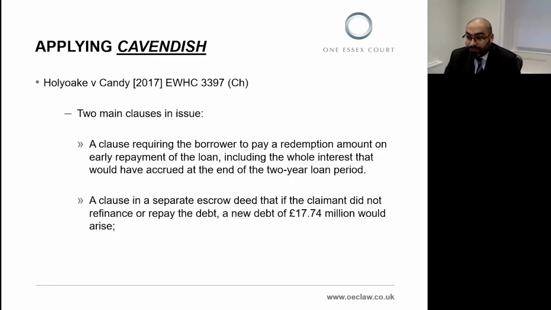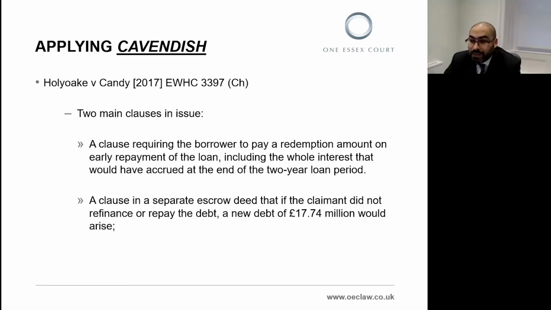The decision in Cavendish has since been applied in numerous cases. It is now the leading authority in this area of law and will, I suspect, for many, many years to come. I won't go through the many cases that have applied it, but there are two examples which I think it is helpful to look at briefly. The first deals with the knotty question of primary and secondary obligations, whilst the second is an example of a case in the post-Cavendish era in which the court found an unenforceable penalty clause to exist.